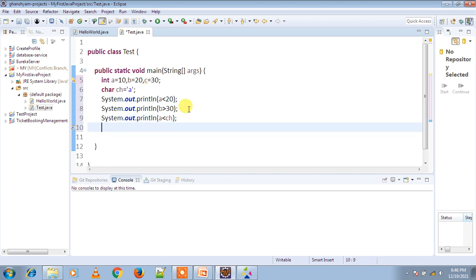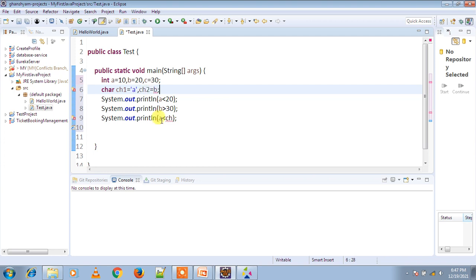One more thing we are doing, we are taking other variables, ch1 and ch2 equal to b.